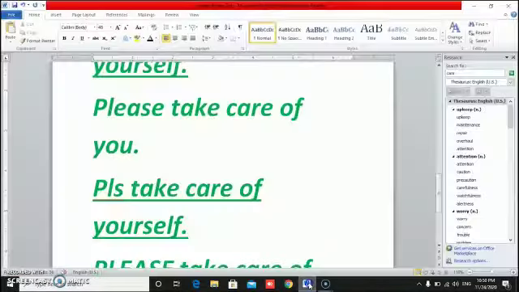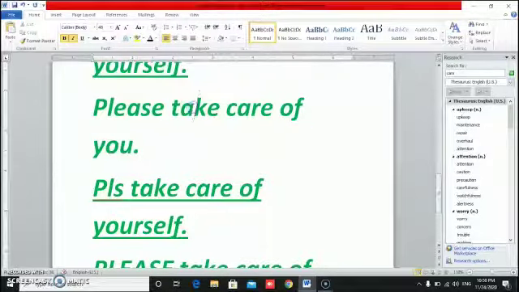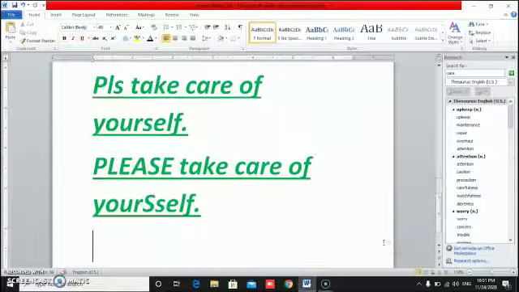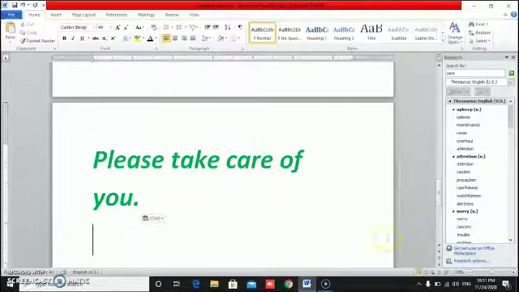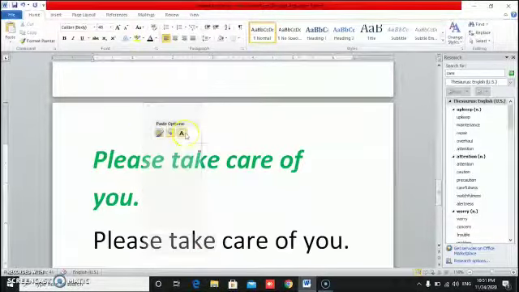Now open the Microsoft Word. Now you want to copy the text, select the text, or right click or triple click in the line or sentence, and then Control plus C and go at the end of the page and press Control plus V. Or you can right click on the empty area and paste.